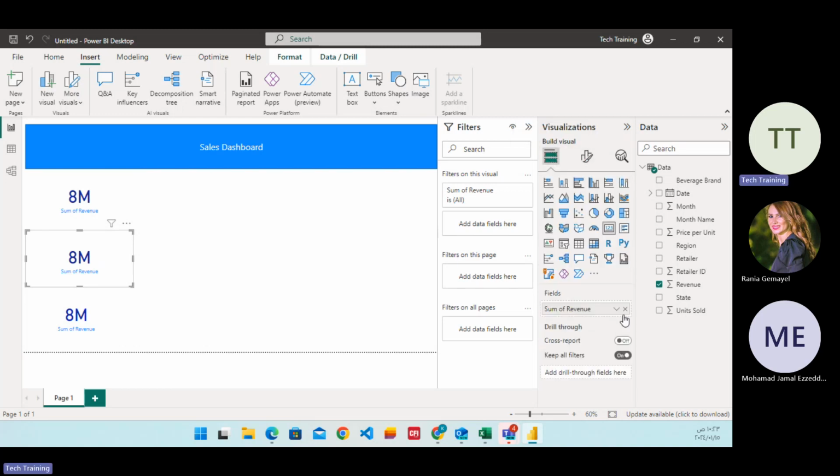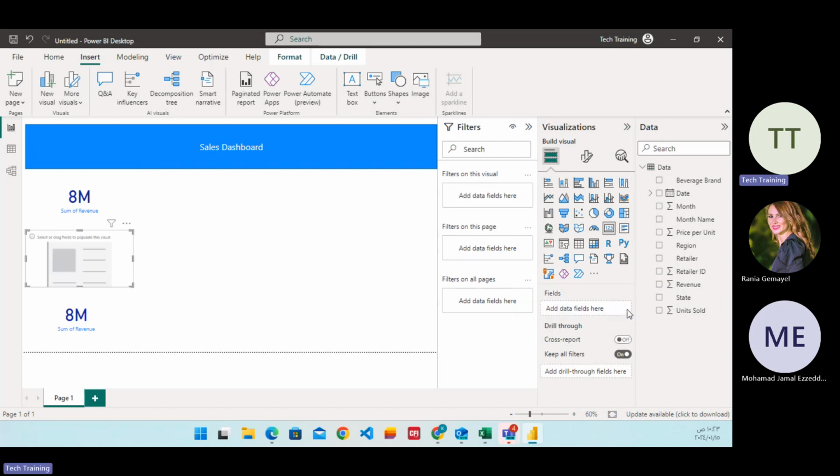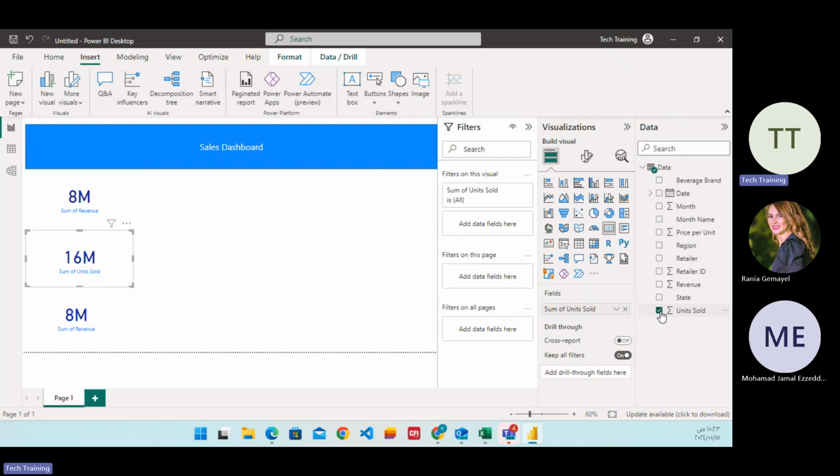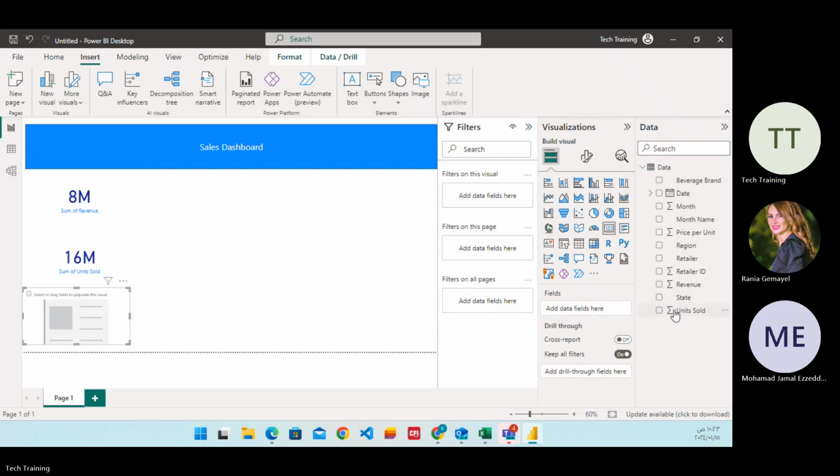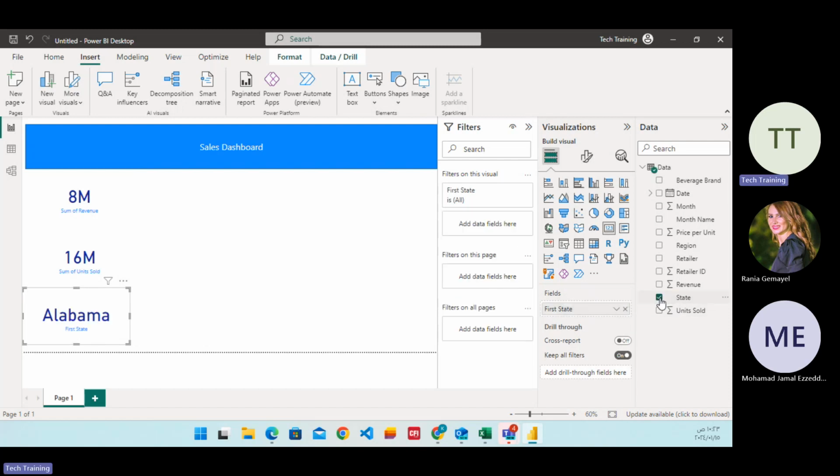It is not the sum of the revenue. Let's say, select the units sold, and the last one, I would change it to state. As you can see here, I have selected these 3